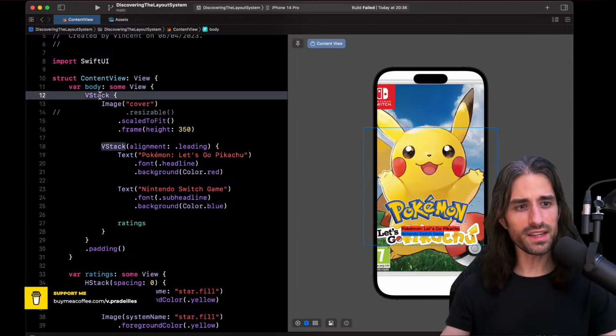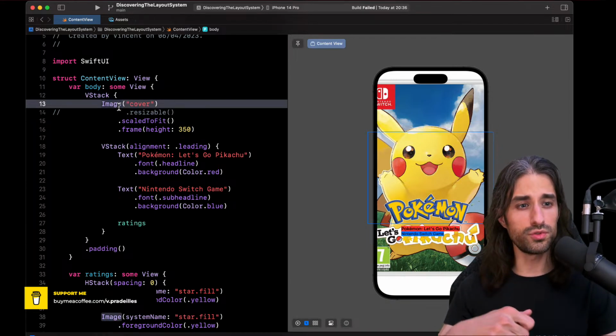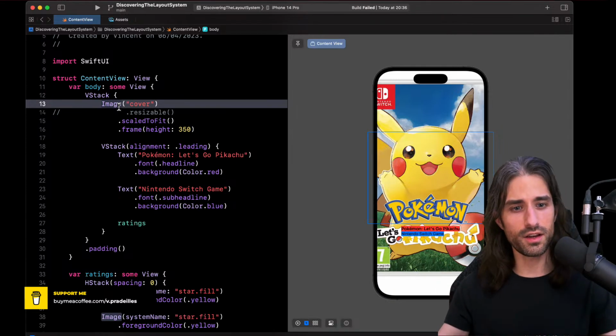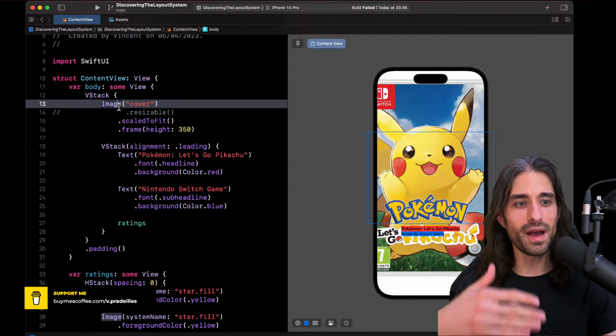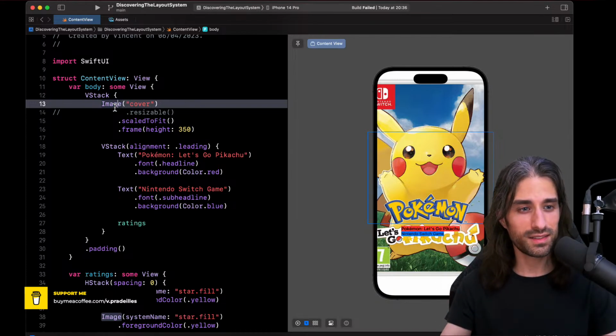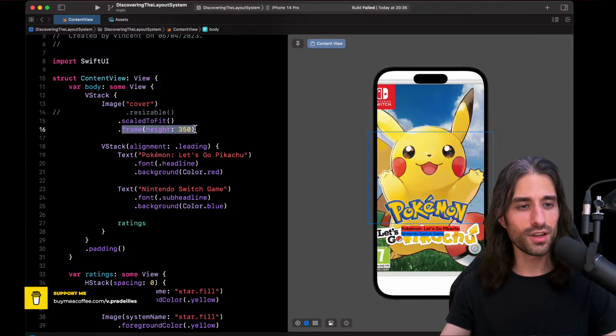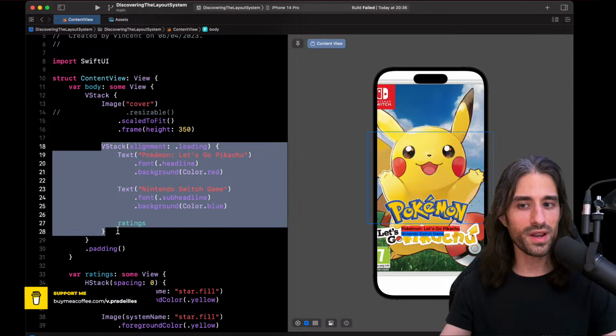The VStack offered a frame with 350 as a max height to the image. The image chose to disregard it and to draw outside of this frame, but we can see that that wasn't sent back to the VStack. The VStack kept assuming that the image only used what it had offered to it, and so it kept using that information for laying out the rest of its child views. And we can see that it leads to an interesting UI layout.